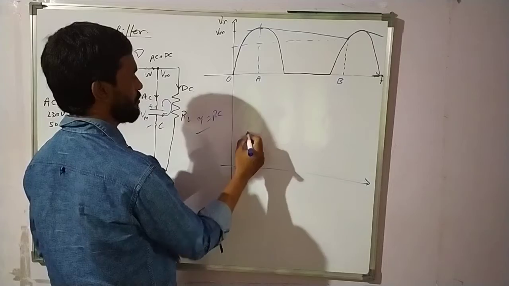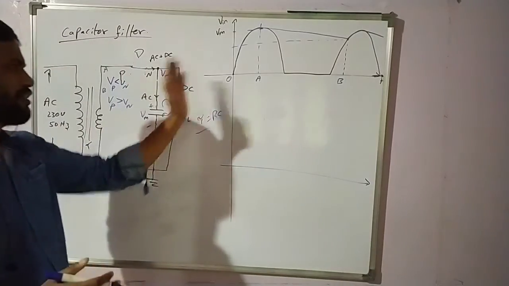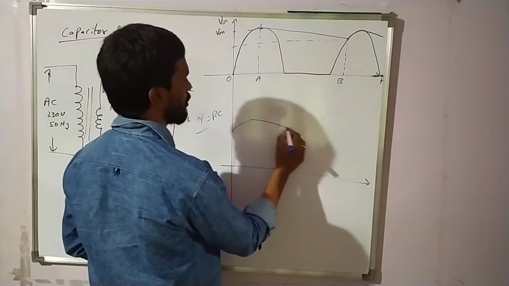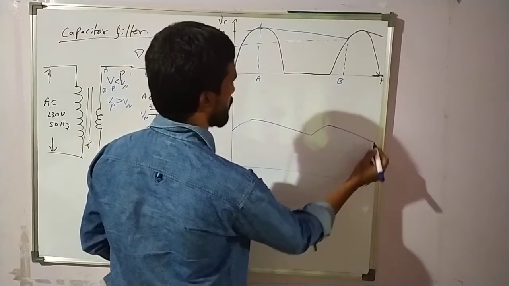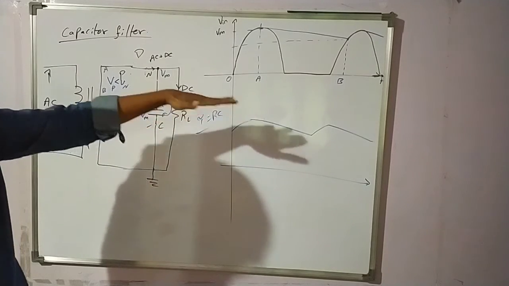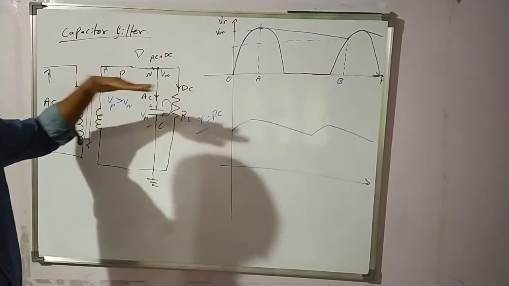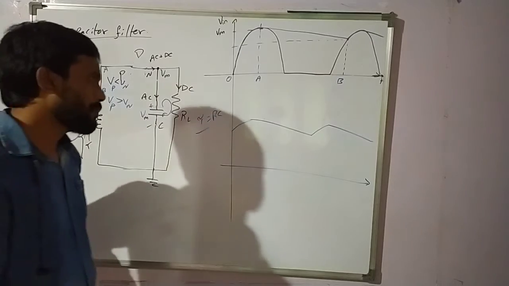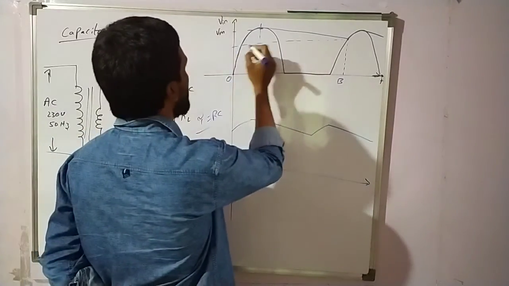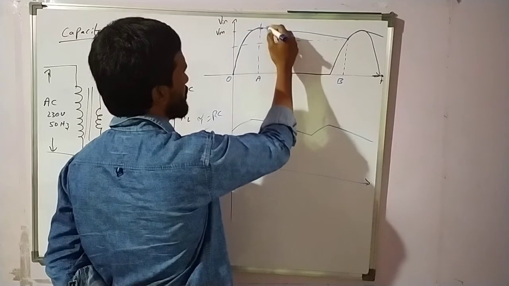If you ideally neglect, this is a sinusoidal signal from infinity to infinity. So how do you get the output? You will get it like this. See, it is almost like a DC signal. And if you take a full wave rectifier, you can see it more clearly. Practically you will see these are all fine. This is the signal. Let it be. This signal, this strength is there now. This peak to peak, let it be.